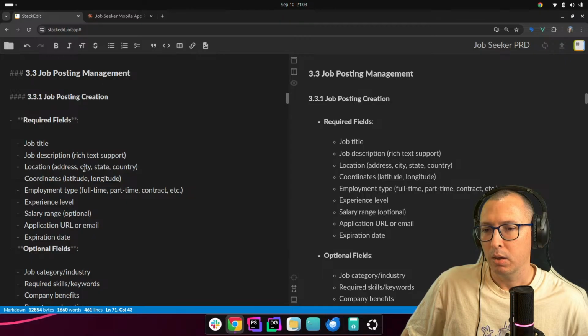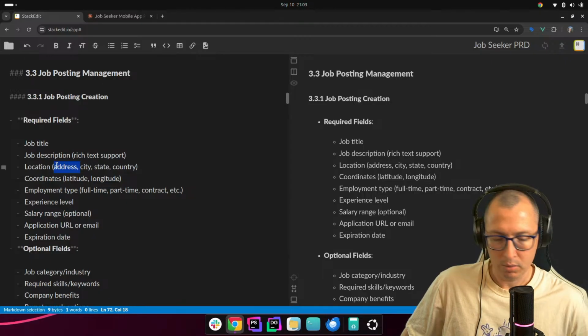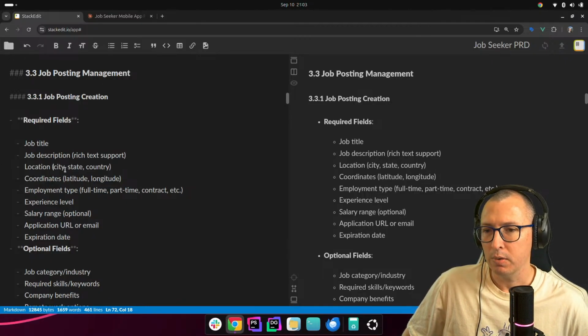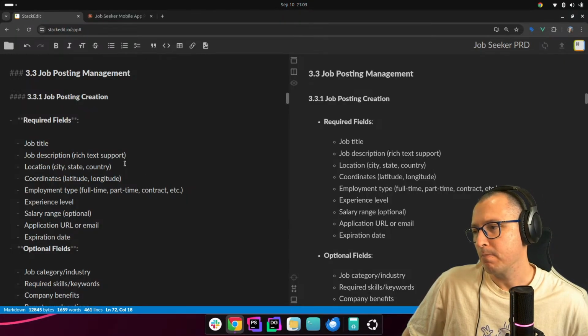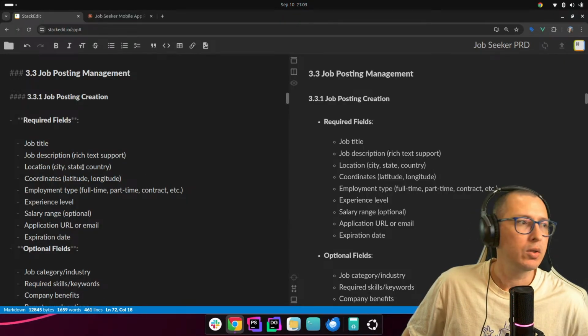Location. We're not gonna use address. That's too granular. We're just gonna have city, state, and country. It is going to have latitude and longitude associated with a job.